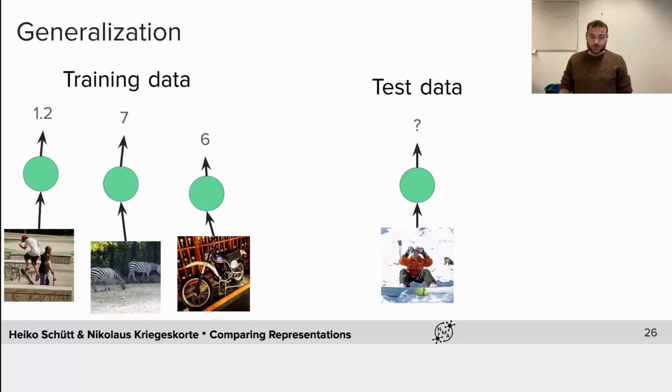So what is the generalization I'm talking about here? We have some input images here, which we first project into the representation, and then we have a linear readout to some kind of task that produces those numbers. And now we want to understand how the training data we have will lead to predictions of the test data. And the different types of generalization you would have heard about so far would correspond to what kind of images you actually use here. So if those come from a different distribution than the test data, then this would be out of distribution generalization, for example.